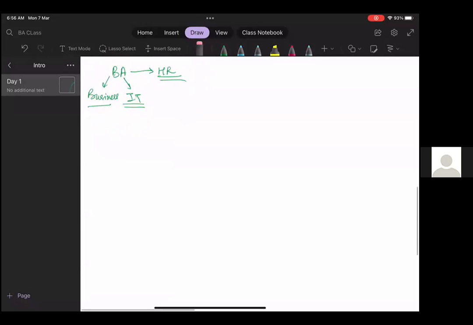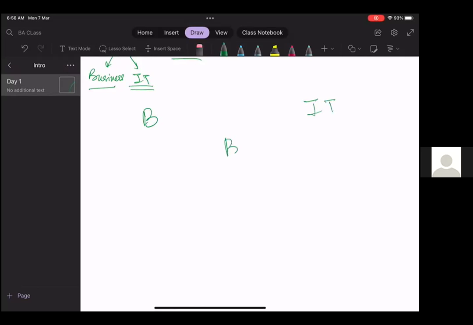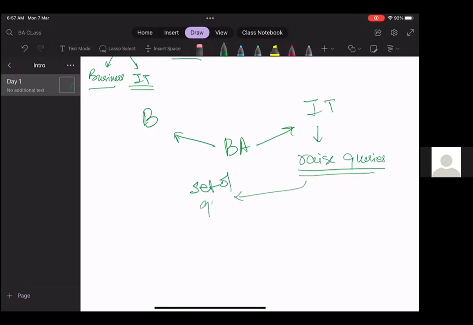So far, we understand that there is a business team, there is an IT team, and we are here. At times it will so happen that the IT team will come up with many queries. And in order to give a solution or answer to those queries, we will have to further prepare a set of questions that we will communicate to our business team or the stakeholders.